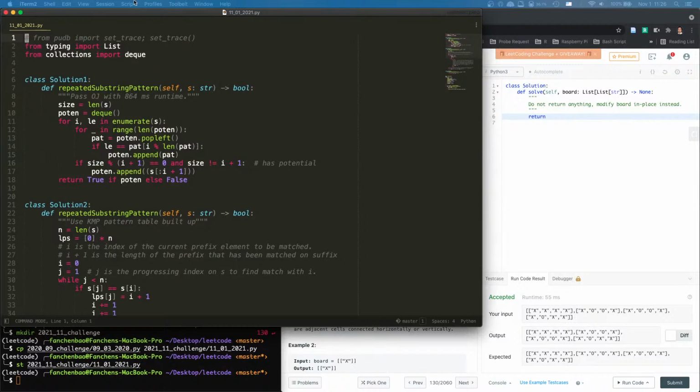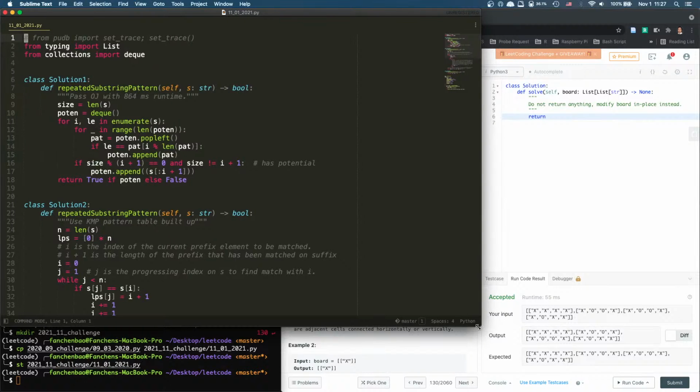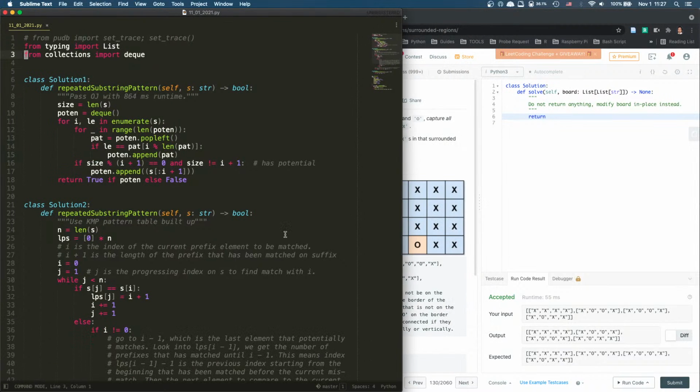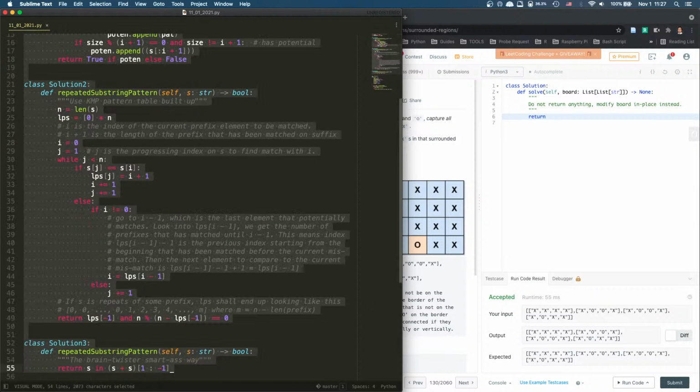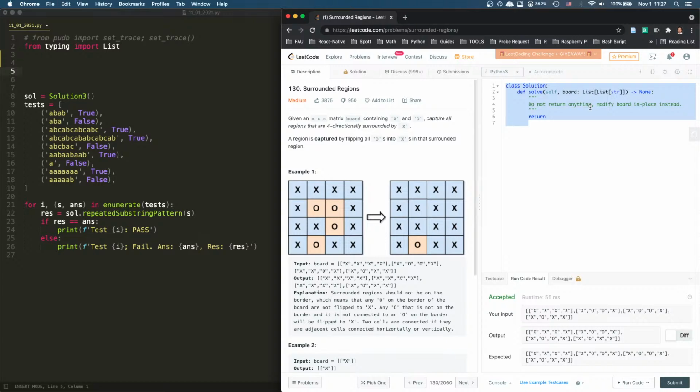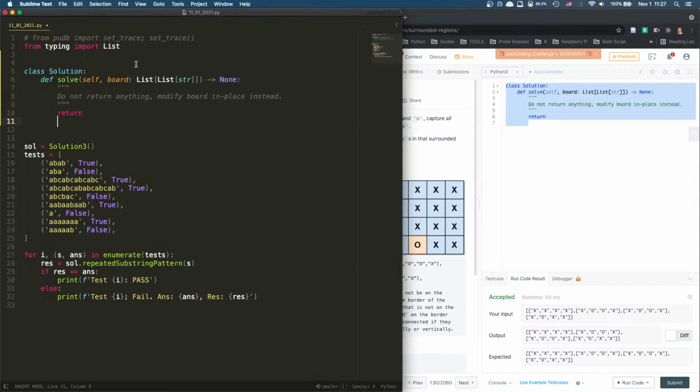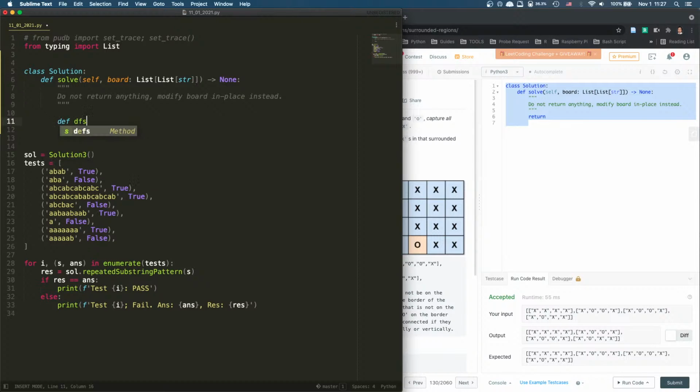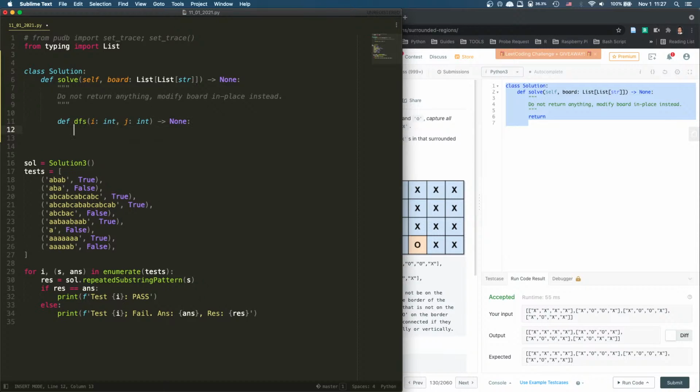I think BFS is easier to write because we have the recursion, right? We have the recursion to help us. Okay. So DFS, all right? In DFS we have position I and J, and we don't need to return anything. So what we do is